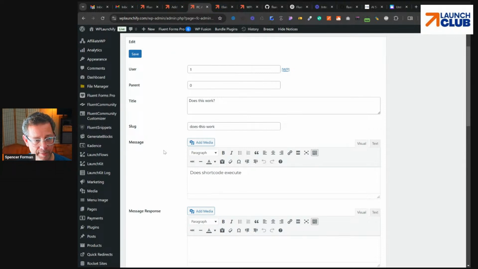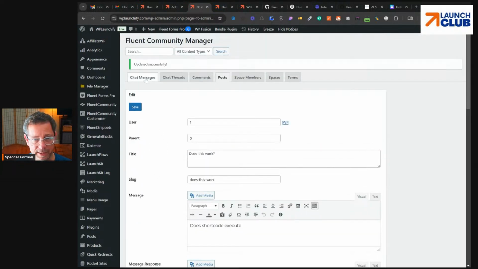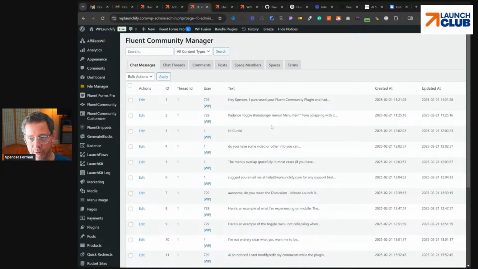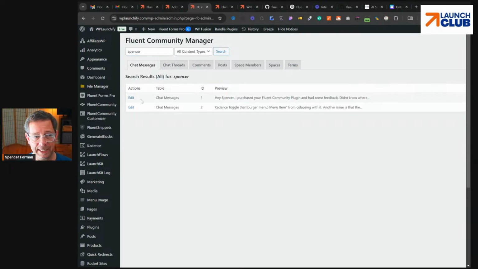Okay, back to the primary thing that I want to do with this. What I am looking to do is, I have this ability now to very quickly, if somebody wants some help, notify myself that there's a new message. Obviously, I can be notified inside the plugin itself, but I can have something on the back end that would, for example, be pre-searching for things that might have my name in it, and just directly send me the links to what it is. And I could go right to the front end or right to the back end. Gives me the ability to edit some of the things that somebody might submit to me.